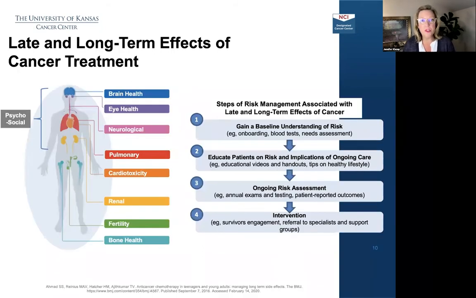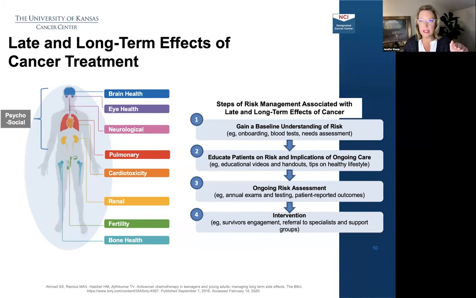So we need to put this into the whole person, right? Head to toe: brains, bones, heart, hormones, all that good stuff. And so we need a stepwise process to be able to put this into context. This is a tool that, as you're sharpening your tools and building or growing your survivorship program, needs to be very clearly delineated. How are we doing that baseline risk assessment? How are we educating our patients and our teammates so that we can really have that all hands on deck approach? What's the ongoing process?